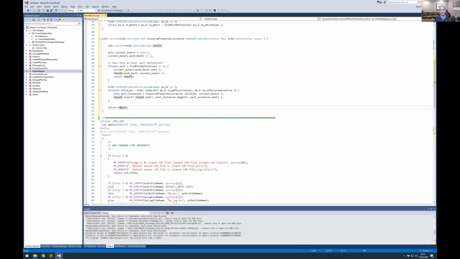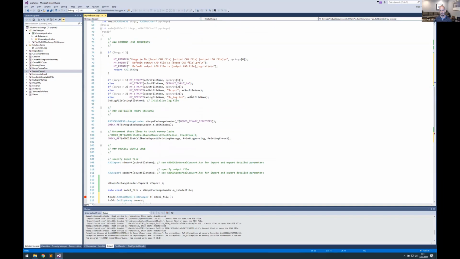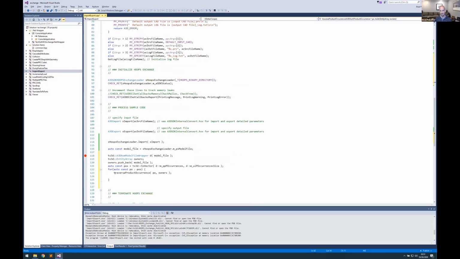So let's test this. Let's scroll down to this use of the code, and we'll say part definition instances is this. And we'll just write out, there are part def instances dot size part instances in its,